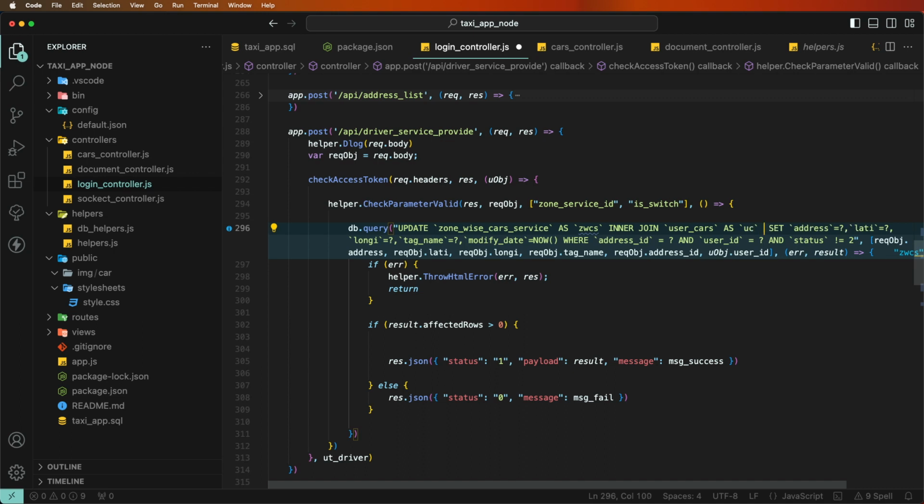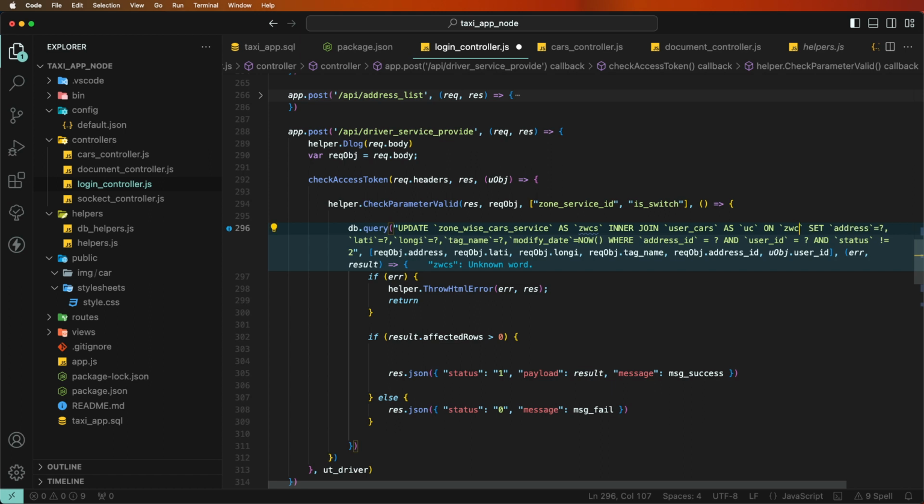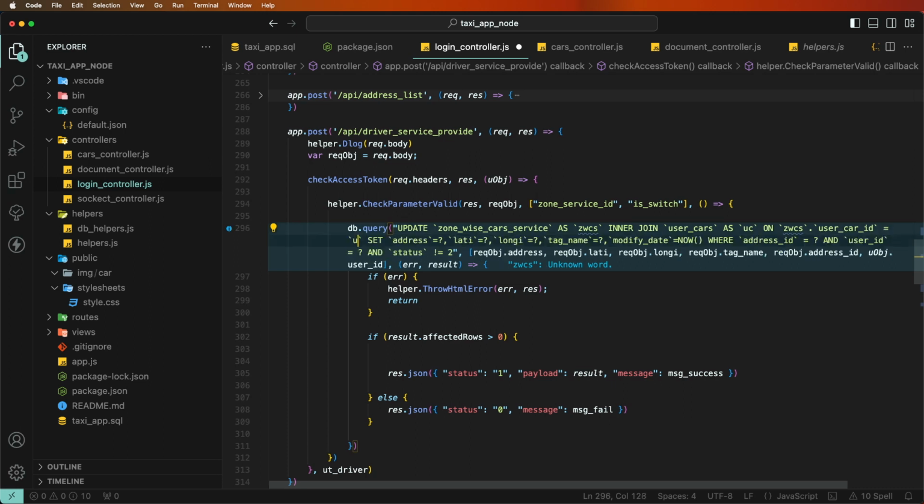Write down the on method, where the user ID equals c dot user car ID is set here, and now need to set these conditions as well as the providers